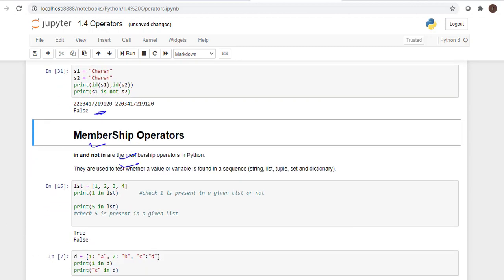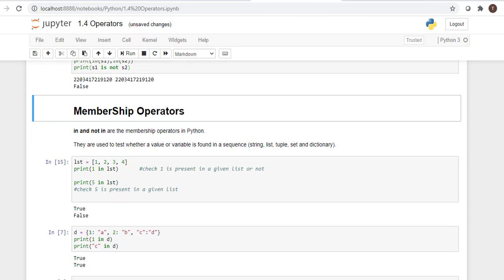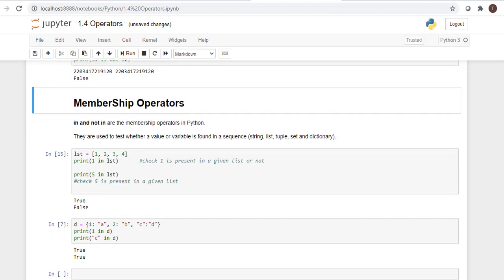Next are the membership operators. in and not in are the membership operators. They are used to test whether a value or variable is found in a sequence. We can check whether a variable is among the items of a sequence, whether it is a string, list, tuple, set, or dictionary.